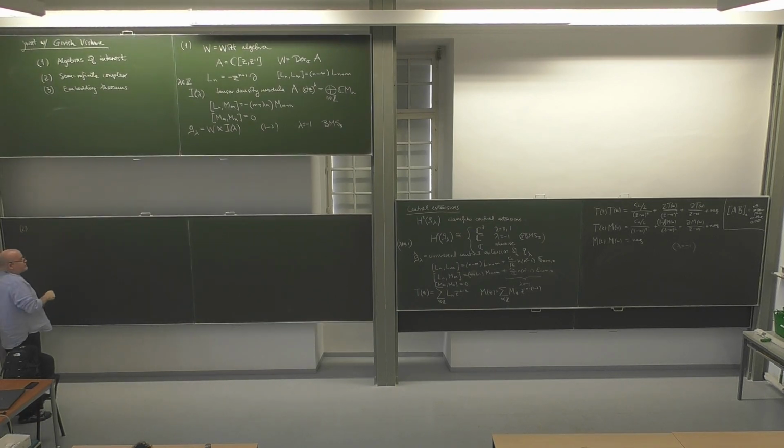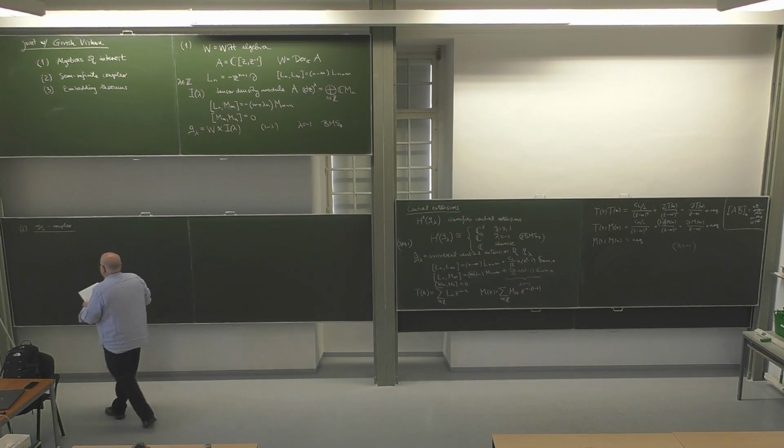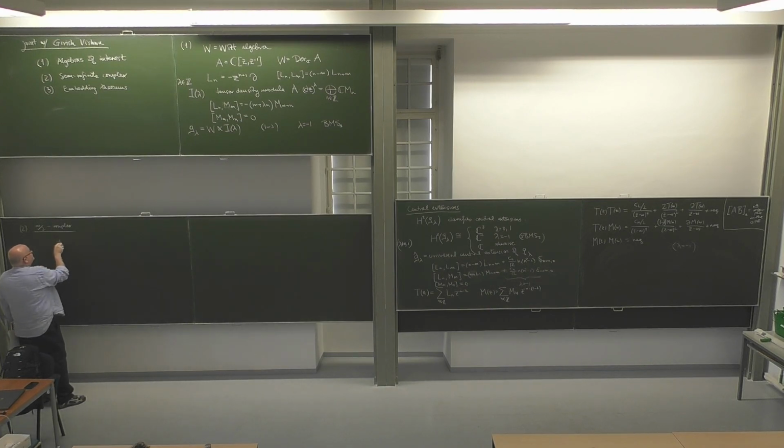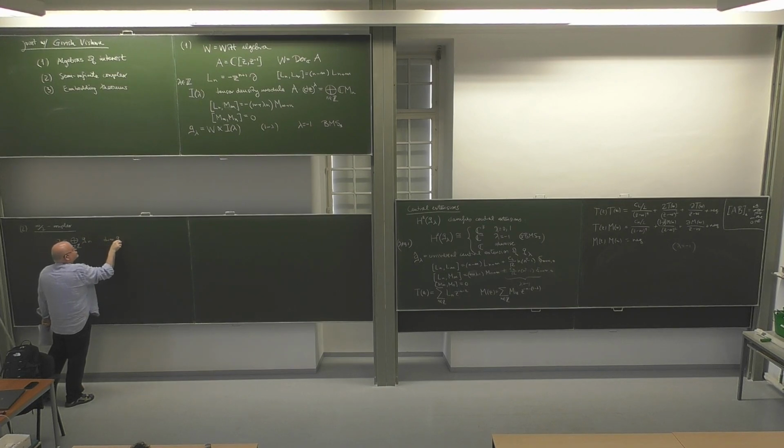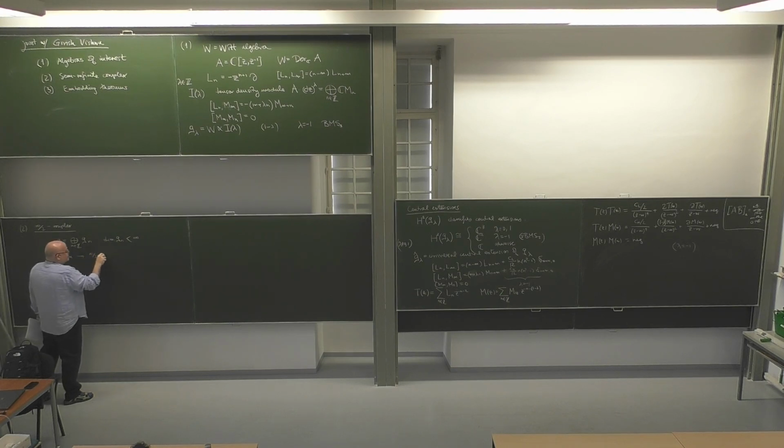So the semi-infinite complex. I'm not going to define semi-infinite cohomology. That would probably take a whole hour to do properly. But let me just mention a few words. If you have an algebra which is Z-graded, even a superalgebra, but let's say Z-graded, and such that the dimension of each of the graded pieces is finite, then Feigin introduced a kind of cohomology theory which would agree with the standard cohomology theory of the algebra in the finite dimensional case, but if not, he introduced something called semi-infinite cohomology.